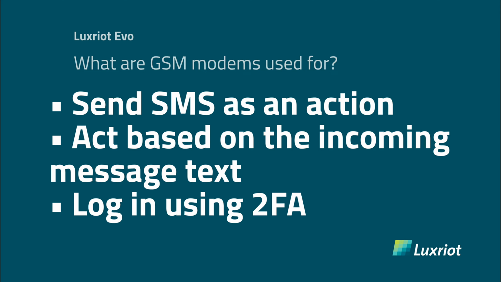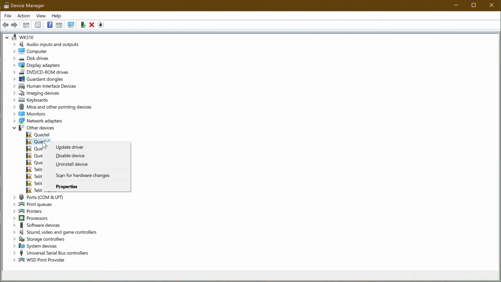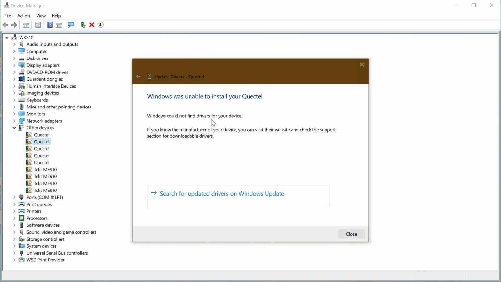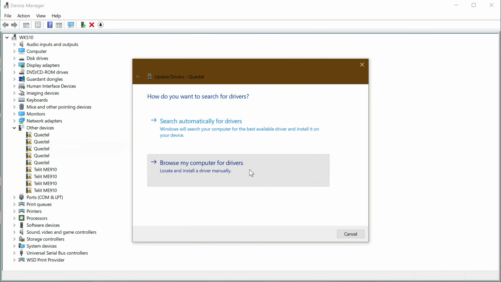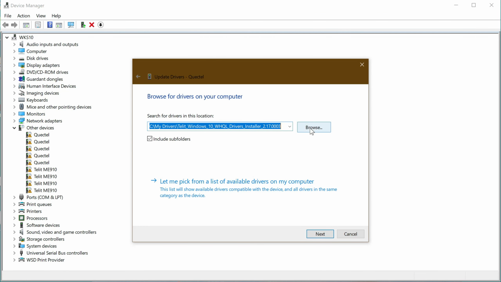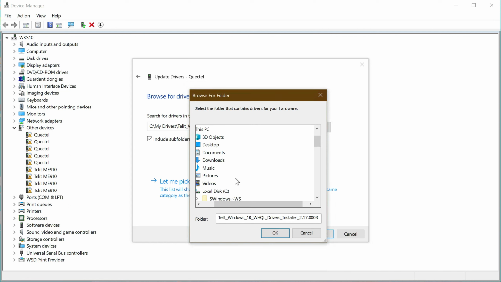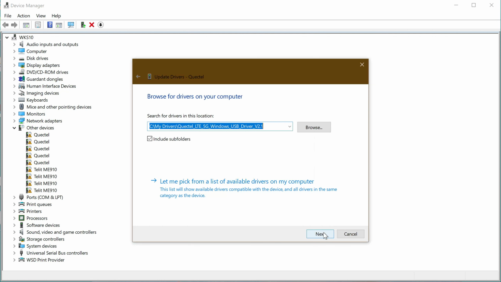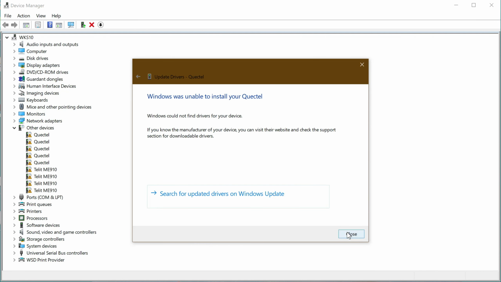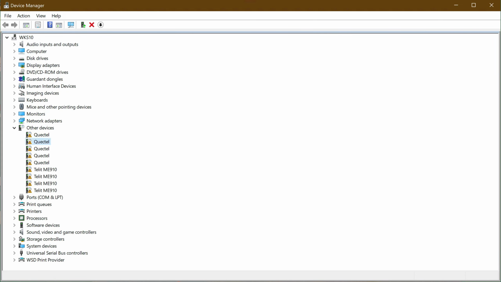So now that you've done the easy part, you bought the modem, you plugged it into the server, now go to the device manager and try installing the drivers. What we see from our experience, most of the time Windows is unable of installing the device drivers automatically or even by browsing for the driver folder. So what you will have to do is unpack the driver and then enter the directory and then run the